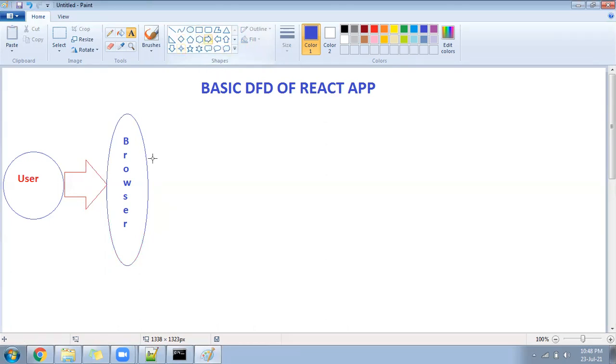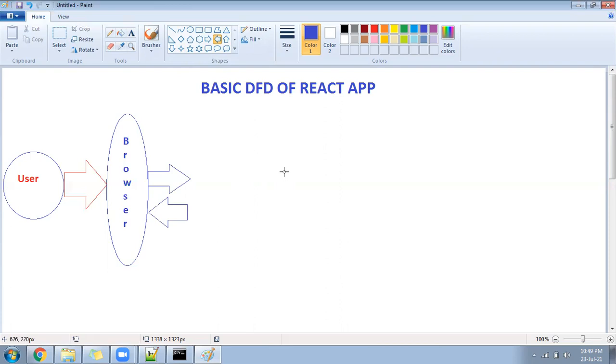So this browser can send the data, and this browser can receive the data. Both tasks are going to happen, from the browser to the application and from the application to the browser. So one arrow I have made to send the data, another arrow I'll make to receive the data.